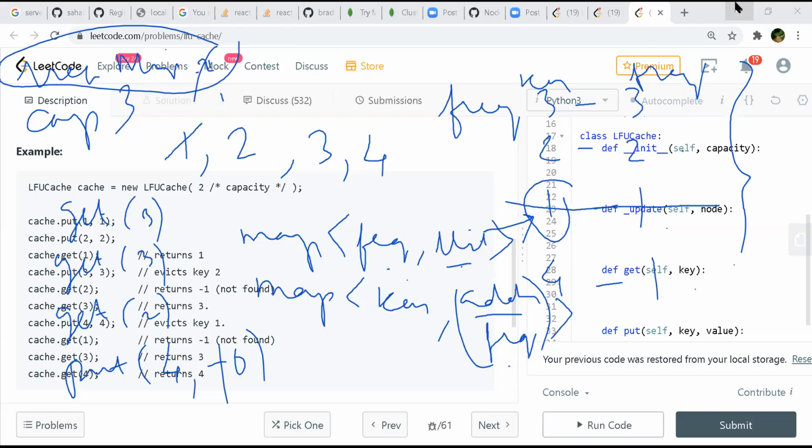But how will you know the second least frequency? Because the element which you updated may have been the third least frequency, and now it went to the fourth least frequency, but you need to get the second least frequency element. But in that case, you don't have to modify the frequency min, or we don't care, right? Because the capacity is not going to change. Your capacity will only change when you are going to put a fresh element.